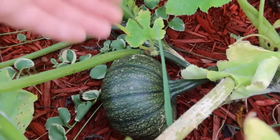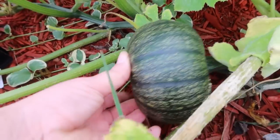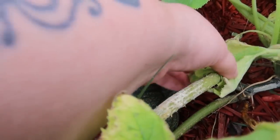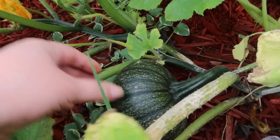So like I said, I showed earlier, and look how big this pumpkin's getting. It's already turning orange on the bottom. So cool. But